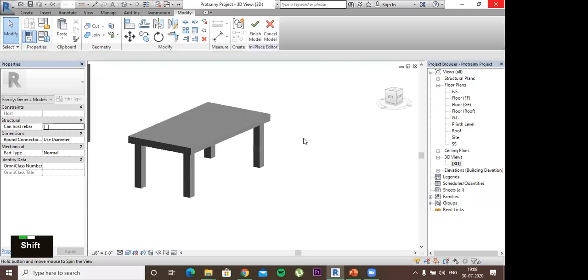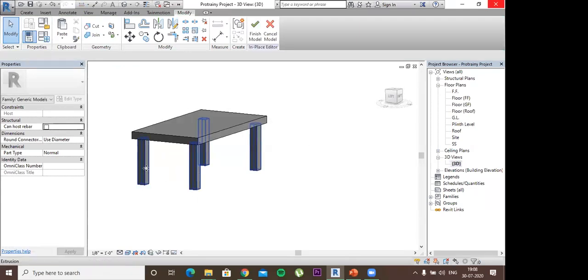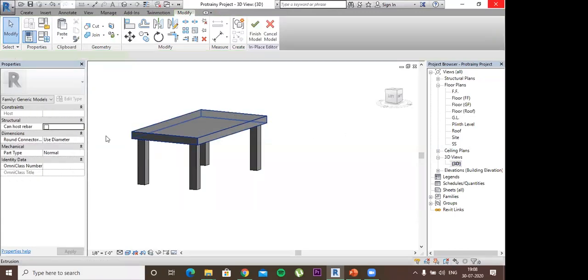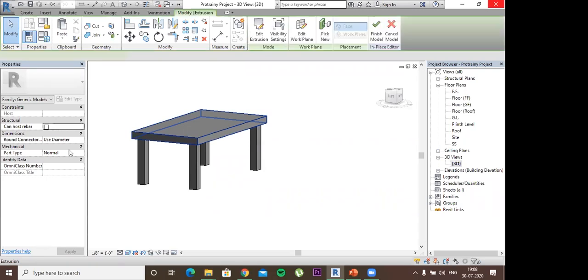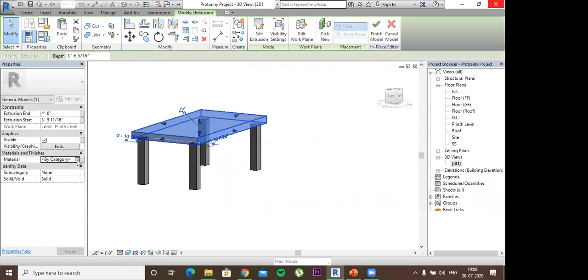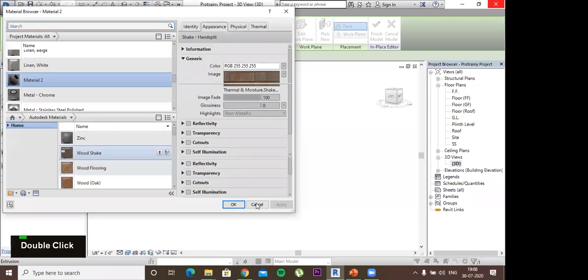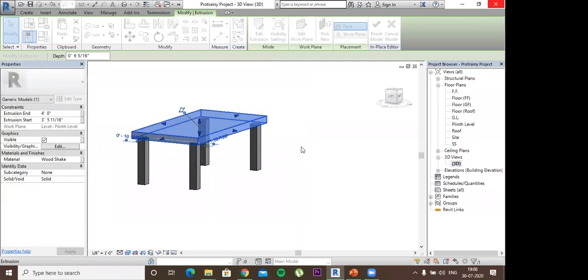Now I can apply a different material to this. Here in the extrusion, you can directly apply your material from the properties panel. We'll go to material by category. If I apply a wood material, select OK, and that's it.